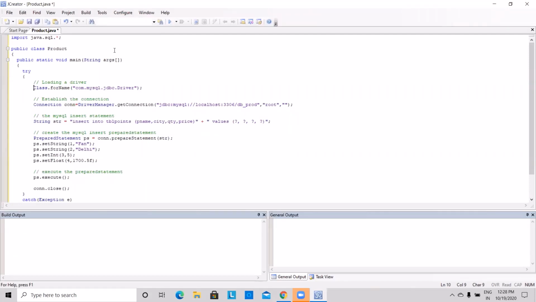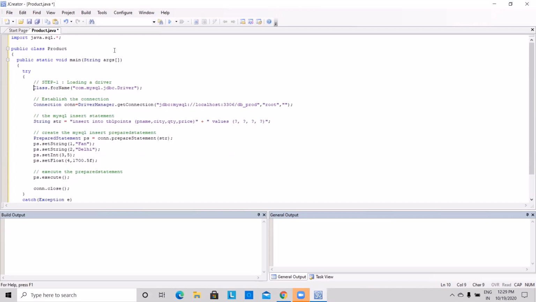Now, establishing a connection with the database requires code of around 7 to 8 steps. So my first step, step number 1, is loading a driver. I need to load a SQL driver so I can establish a connection. For the same, this Class is a ready-made class in Java. Dot forName is a ready-made static method in Java.